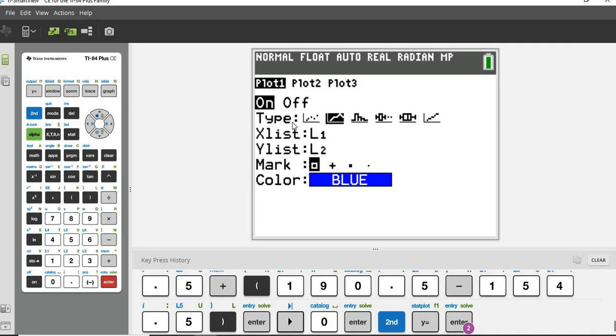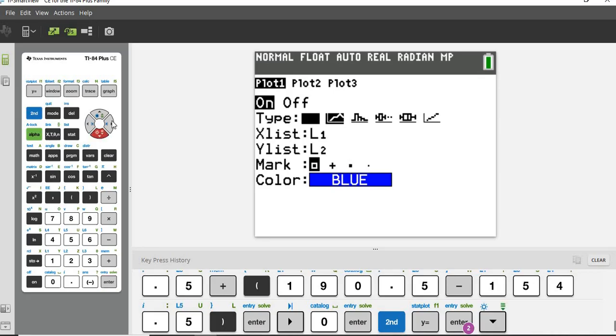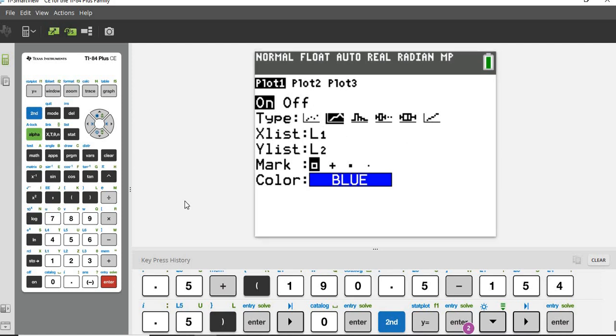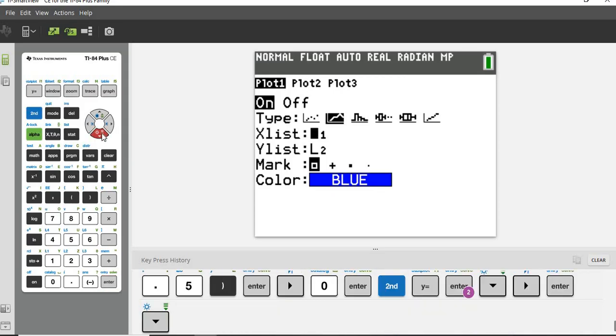Now we need to select the right one, so we're going to arrow down. And it looks like the right one is actually selected, but we're going to make sure. So we arrow over, and it's kind of that crooked M. Press enter. If that one had not been selected, you would need to make sure that it's selected by arrowing over to it and pressing enter. Then you want to arrow down,